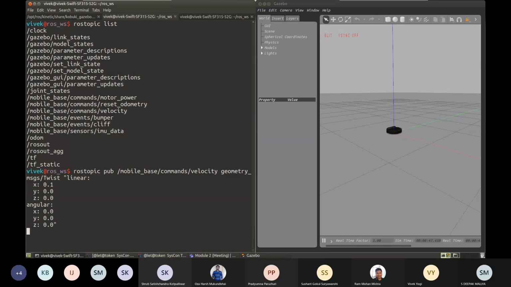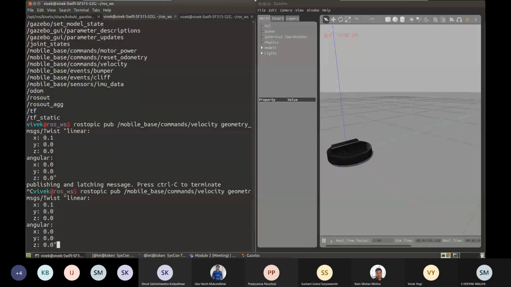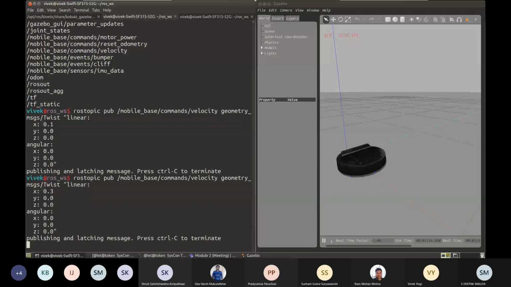You see that the robot moved this time. Let me make it a bit closer here. Now just observe. I'm going to use a little stronger velocity command this time. Enter, and you see, it did move.